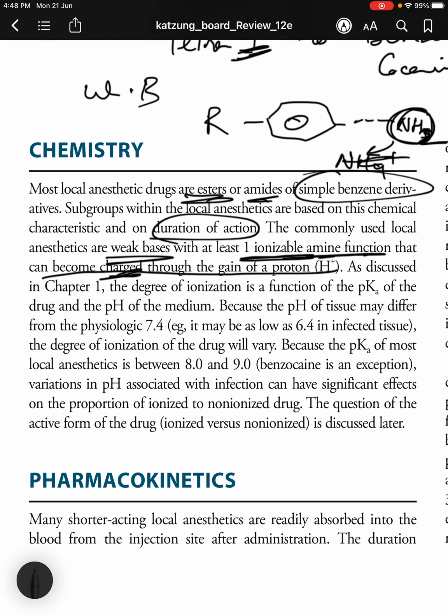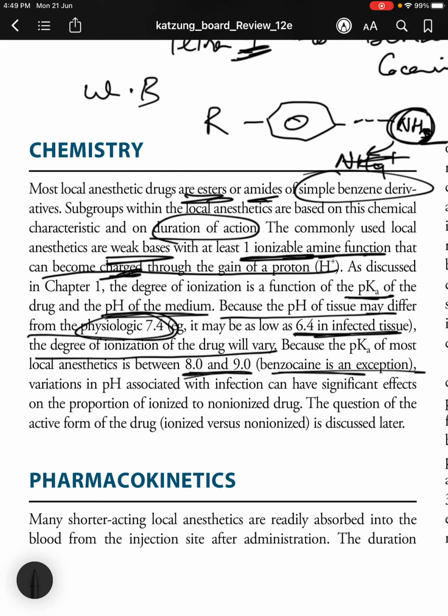As discussed in chapter 1, the degree of ionization is a function of the pK of the drug and the pH of the medium. Because the pH of tissue may differ from the physiological 7.4, it may be as low as 6.4 in infected tissue, the degree of ionization of the drug will vary. Because the pK of most local anesthetics is between 8 and 9, they're weak bases, so they have to be above 7. Benzocaine is an exception. Variations in pH associated with infection can have significant effects on the proportion of ionized to